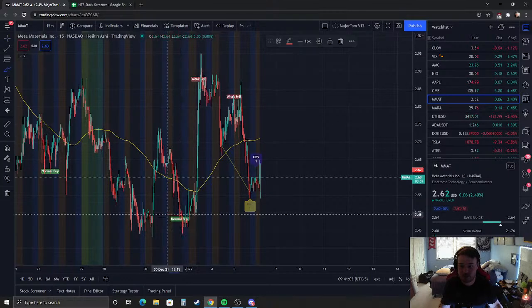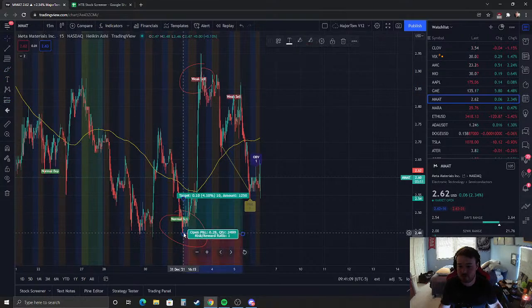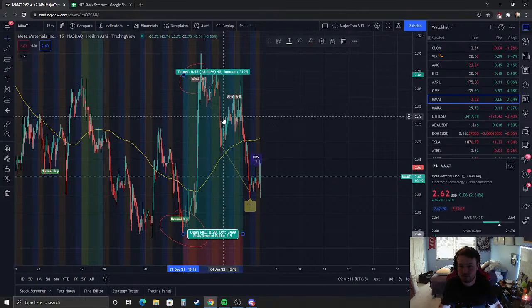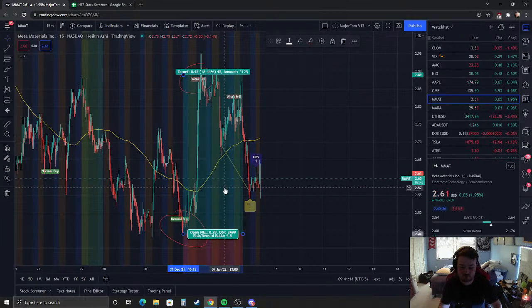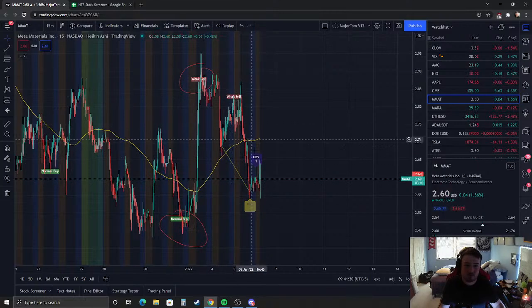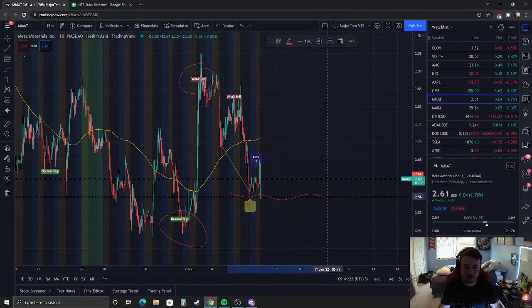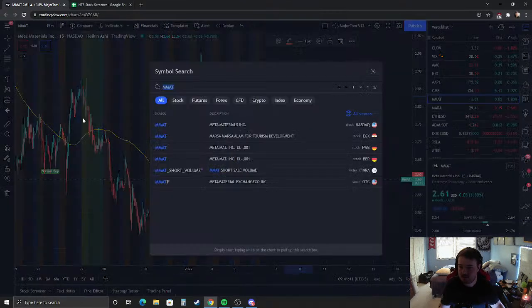Yeah, there's a nice scalp to be had here on metamaterials. 18%? Yeah, that was a nice little move. You're just waiting here. If I was trading metamaterials today, I'd be looking for a buy signal somewhere in here. Because we had a weak sell here, we had a weak sell here. We're looking for buys now. We're below the simple moving average, which means down here, we're absolutely looking for buys. And then we're looking to sell it above the simple moving average somewhere when we see a sell. It's that easy.